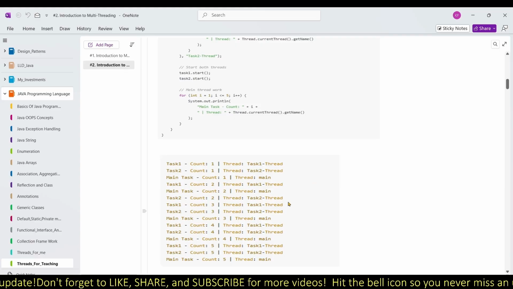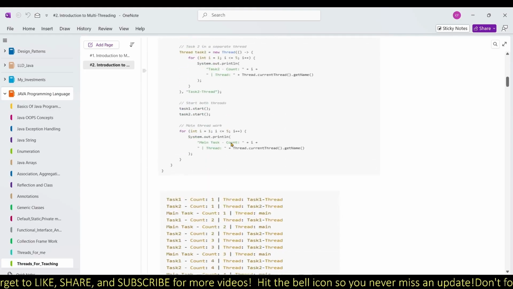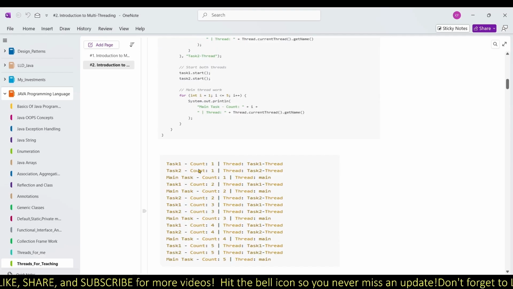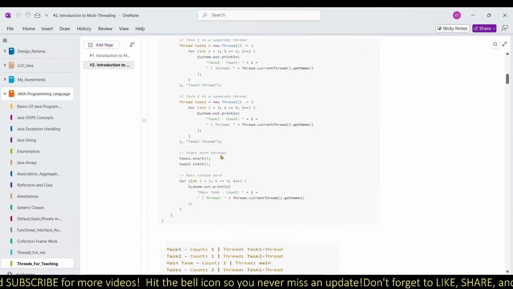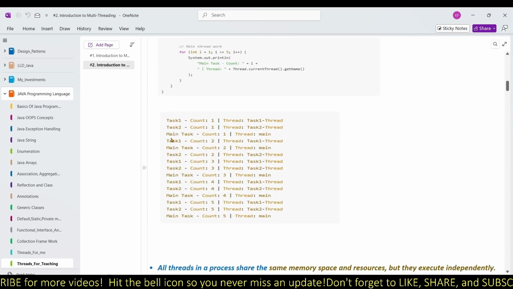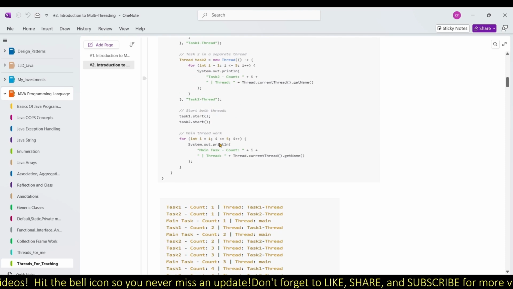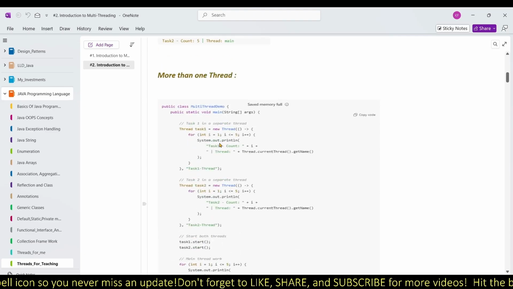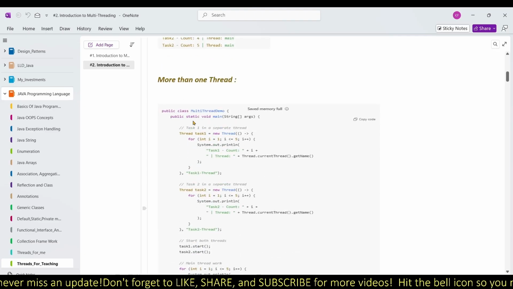If you notice here, this task 1 hyphen count 1 is coming from this block of code. The second line, task 2 hyphen count 1, executed by thread, is coming from this block of code, whereas the third statement, main task, is coming from this block of code, which means all the threads are executing independently, right? So what happens once I compile and run this code is, once we compile,